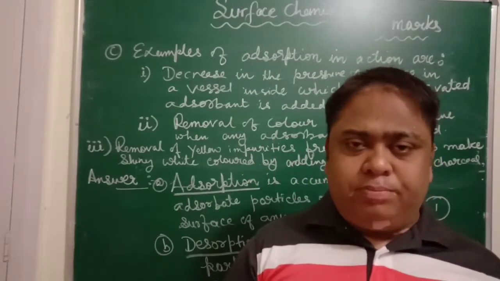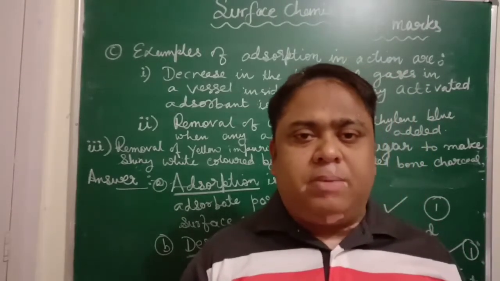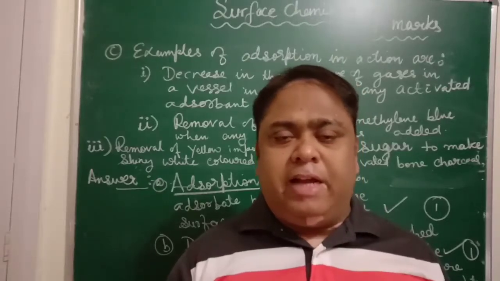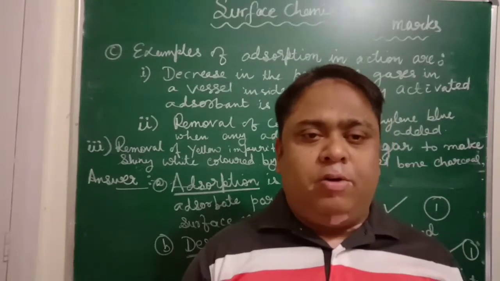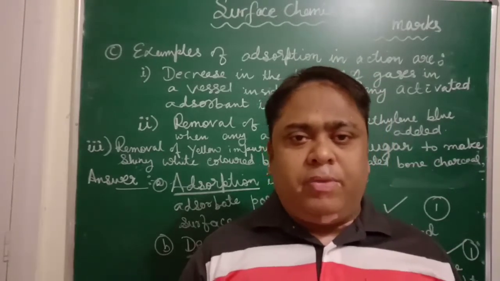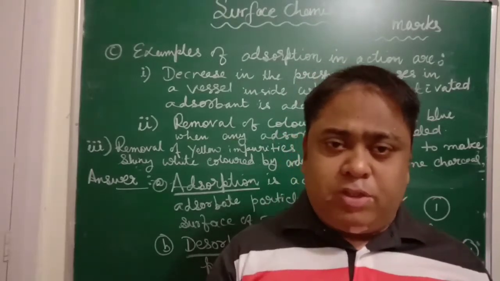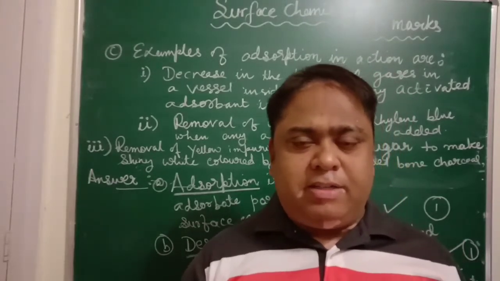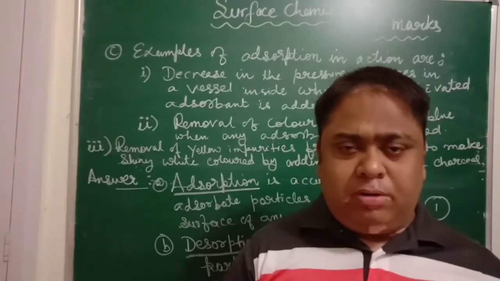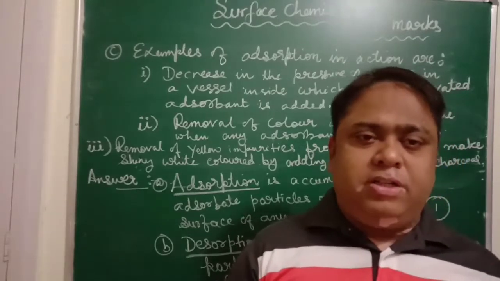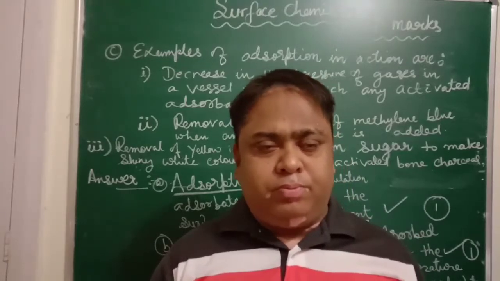In case of sugar, bone charcoal is found to be very effective in removing the yellow colored substance which we see in the natural sugar or the impure sugar, which in Hindi we call khand, whereas in English we call it impure sugar. So the sugar which we get in the manufactured manner, which looks very white and shiny, is actually made by removing the colors from it by treating it with bone charcoal. But there are many industries which prefer to use wood charcoal also and other chemical adsorbents too.